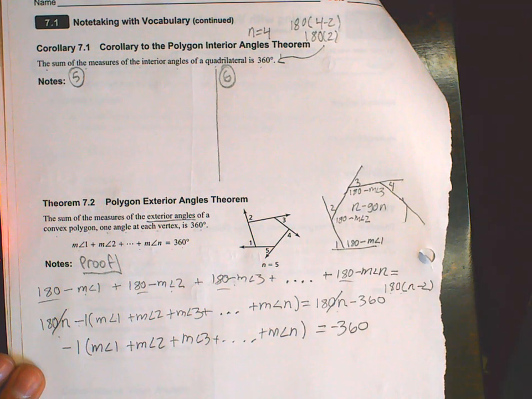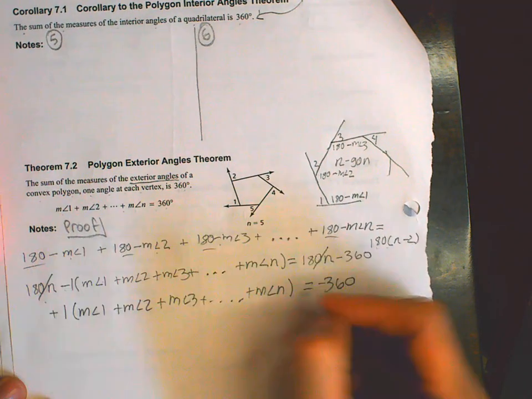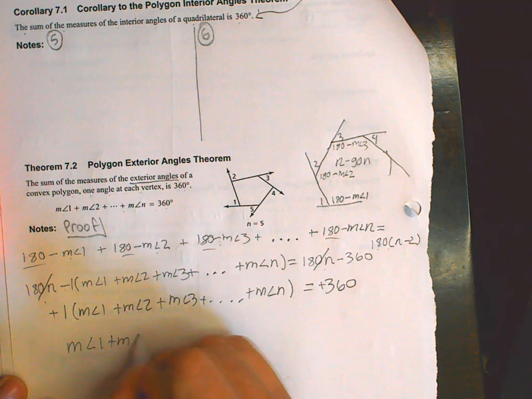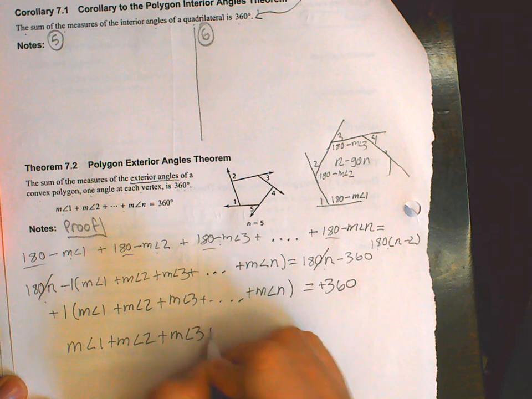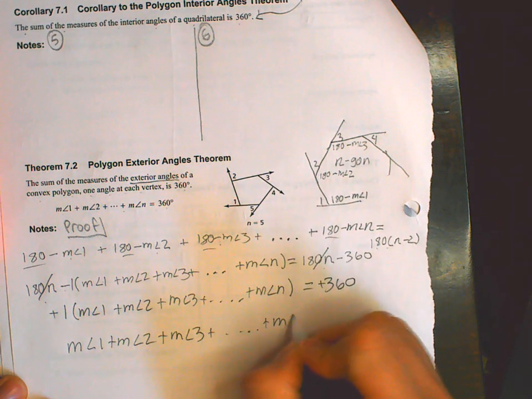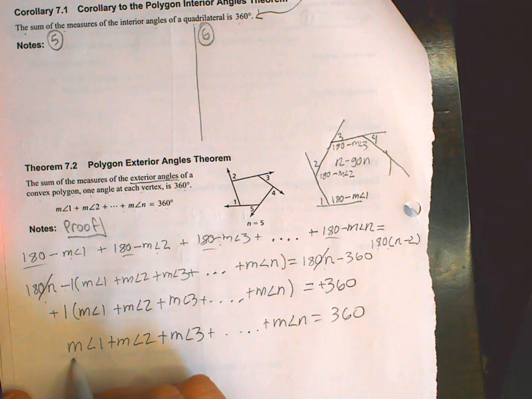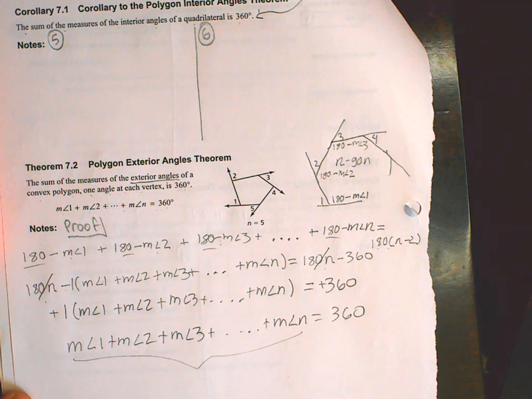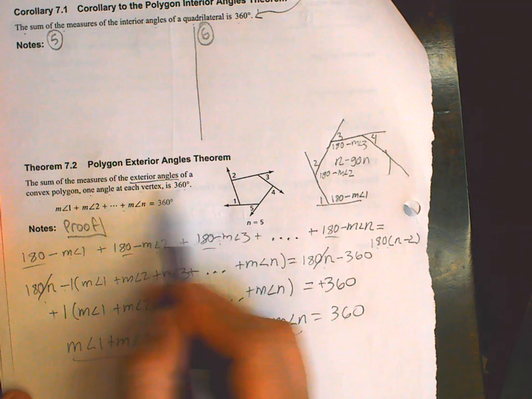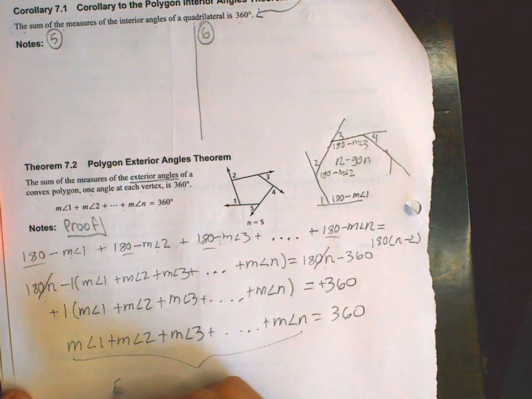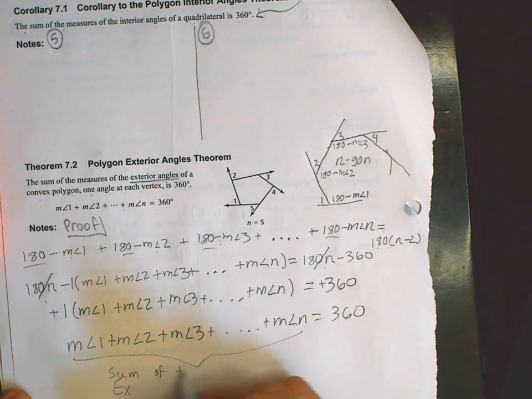If I multiply both sides by negative 1, those are gone. So we end up with the measure of angle 1 plus the measure of angle 2 plus the measure of angle 3, dot, dot, dot, plus the measure of angle n equals 360. But what does all of this right here represent? They represent the exterior angles, the sum of the exterior angles. So here we just proved that the sum of the exterior angles